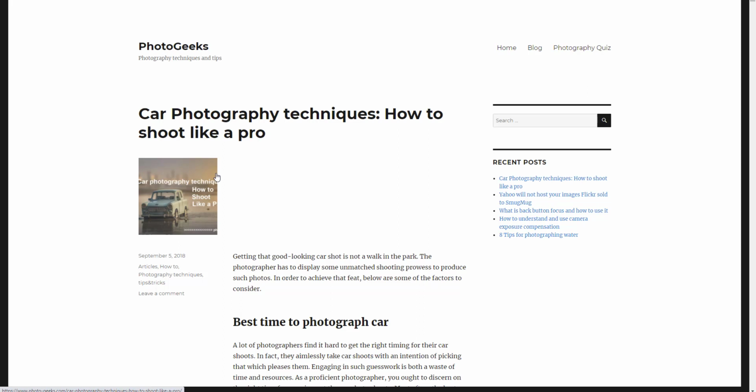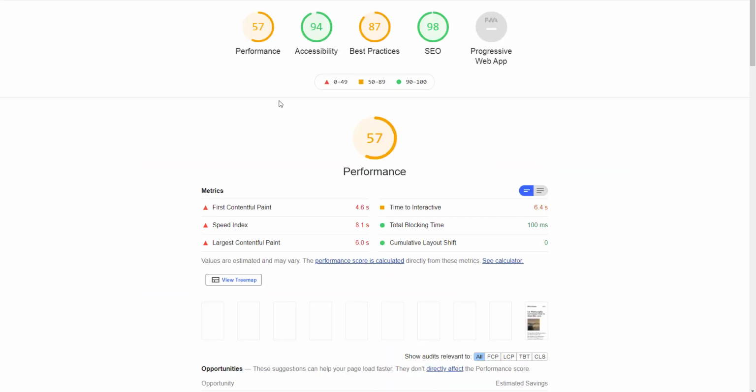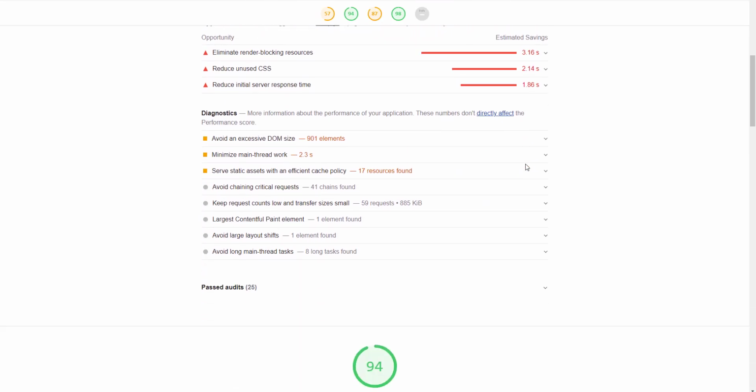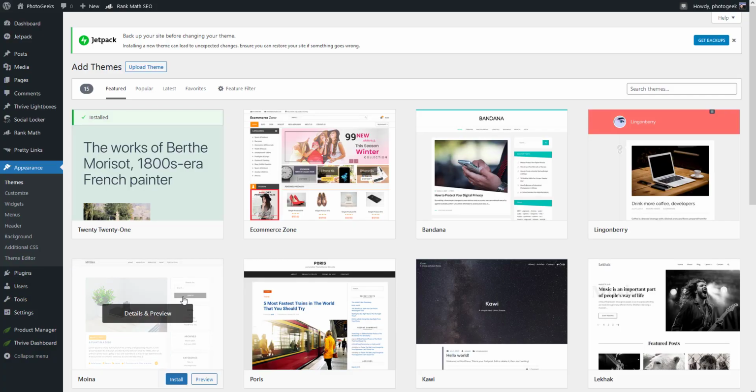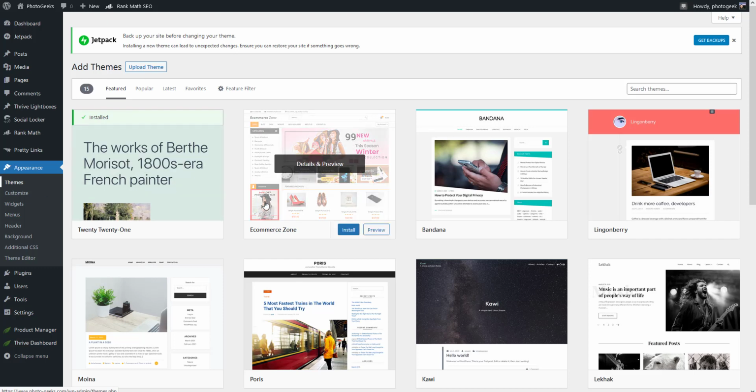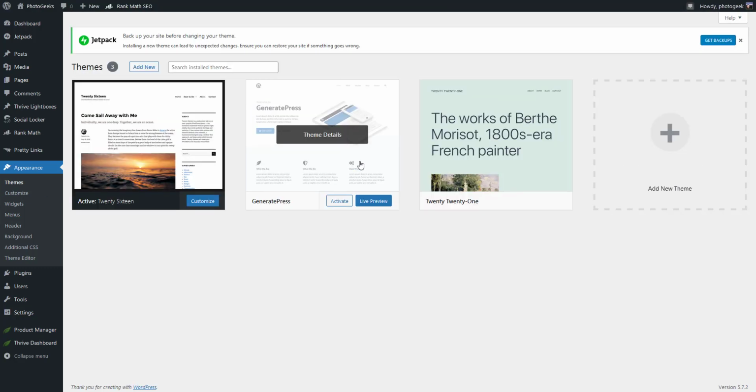Our Lighthouse test results are ready. As you can see, our website's speed index is 8.1 and time to interactive is 6.4 seconds. Performance is only 57. Best practices is 87, and you can go and look at what the problems are. Now we're going to change that theme, and I highly suggest you try this theme I'm going to show you. If we go to themes and GeneratePress,